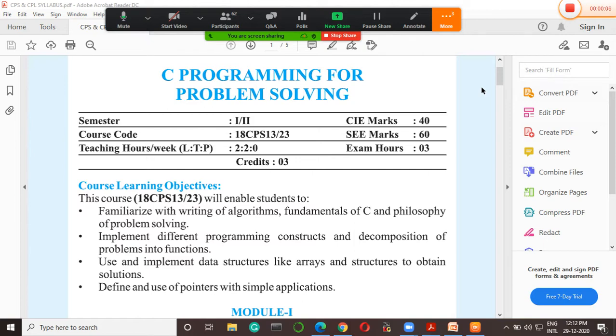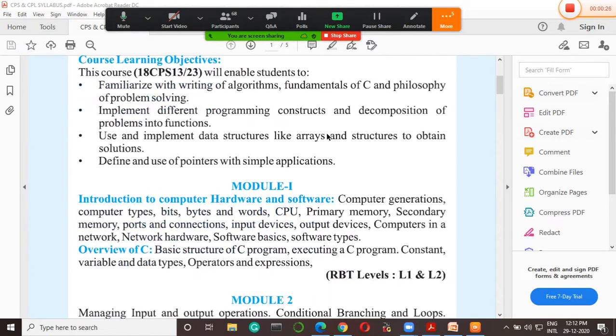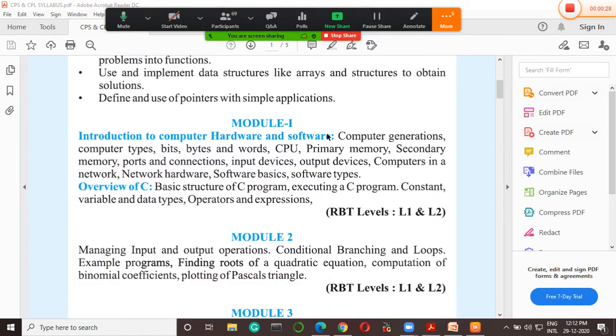I'm handling the CPS subject. That is, CPS stands for C Programming for Problem Solving. This particular subject always deals with the basics of computer, and it also deals with C language programming. So here in this subject we have 5 different modules, where the first module is meant